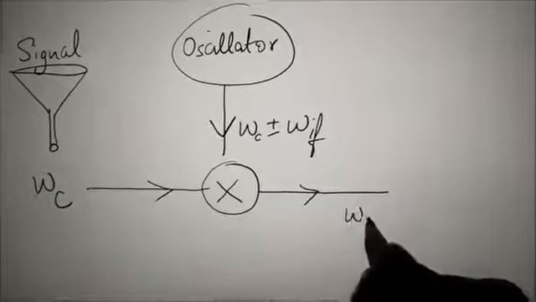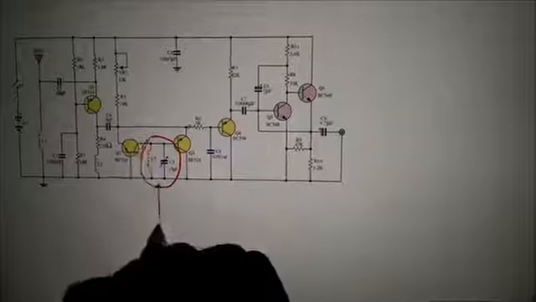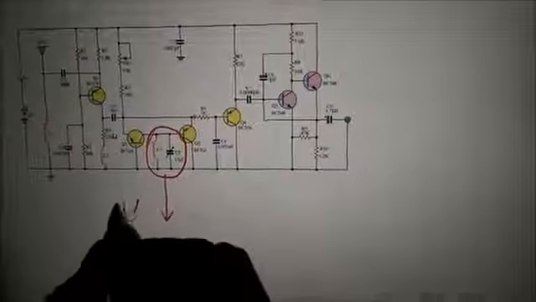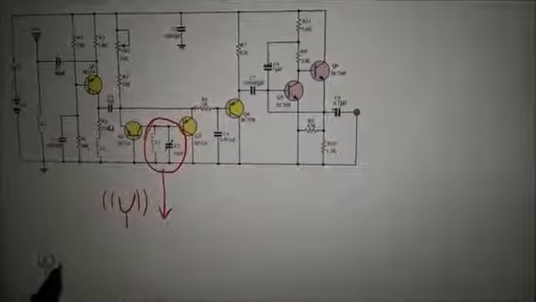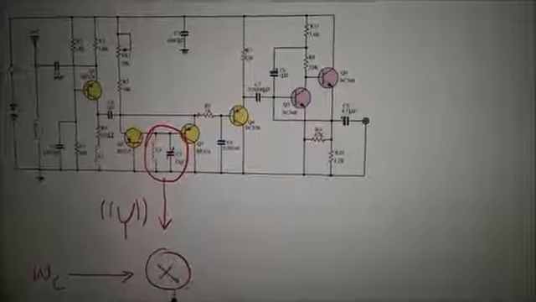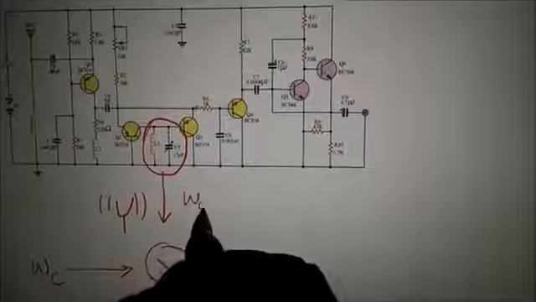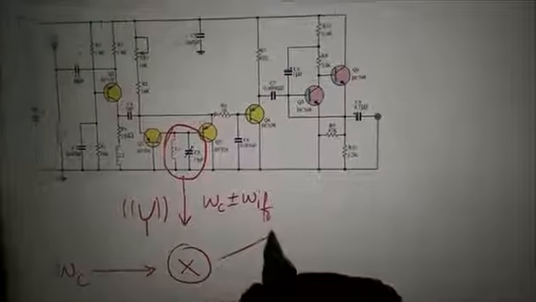To do this, let's go back to the above circuit. Here the capacitance of C5 is changed such that the natural frequency of the LCR oscillator circuit is in resonance with the 93.5 MHz signal. Let the frequency of the input signal to the multiplier be omega C. Then the input from the oscillator to the mixer will have a frequency of omega C plus or minus omega IF.